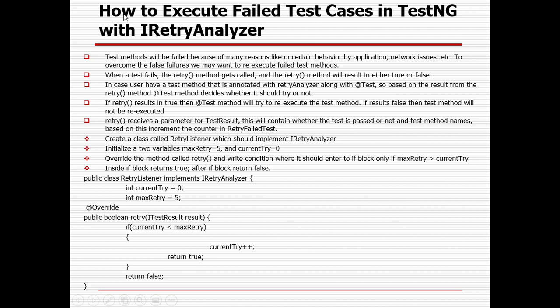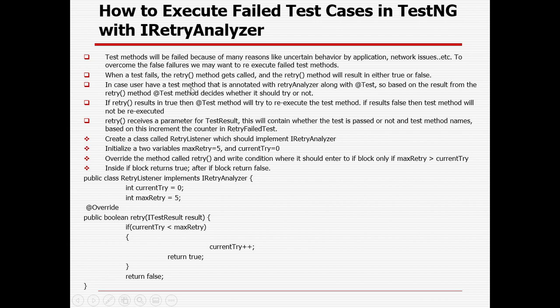A test method can fail because of many reasons, like uncertain behavior of the application, network issue, etc. To overcome the false failure, meaning it is not an actual failure or a bug of the application, the user may want to re-execute the failed test method. When a test fails, the retry method gets called and the retry method will return either true or false.